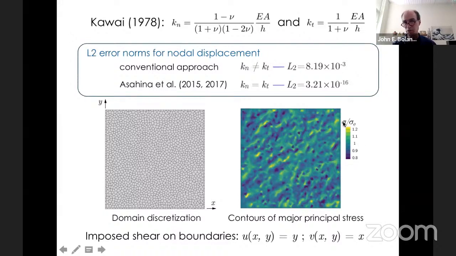This is normalizing major principal stress by the theoretical principal stress. So we hope to see 1 everywhere. We hope to see a value of 1, and yet we see this scatter. What's interesting is there's actually a directionality to the scatter, and this is something we're investigating, that for different loading patterns, you don't see a completely random distribution of nodal stress values, but there's some directionality to this, which is interesting.